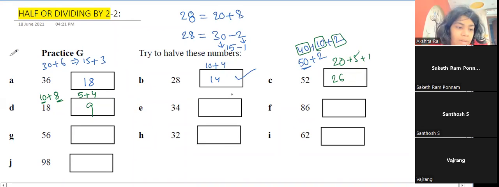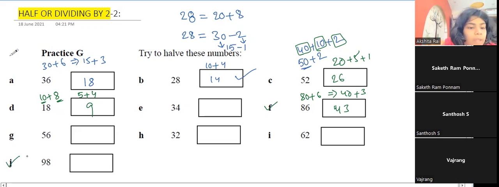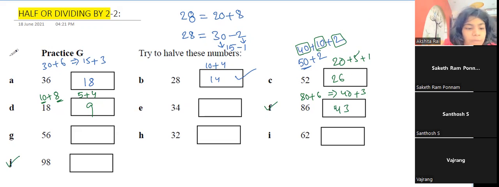Santosh, your question is F. We need to expand 86 as 80 plus 6, sir. Divide by 2 to make it 40 and 6 to make it 3. 40 plus 3 is 43, sir. Okay. And then Akshita, your question is J. So 56 can be divided into